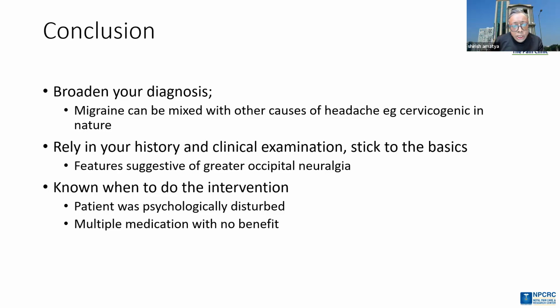So WHO also has given us the WHO pattern of pain treatment. Initially, it was for cancer pain management, and if you see the WHO ladder, normally what happens is that if the pain is not relieving with opioids or strong opioids, then we go for intervention. But in